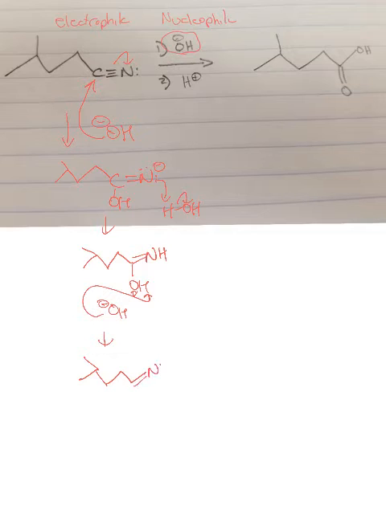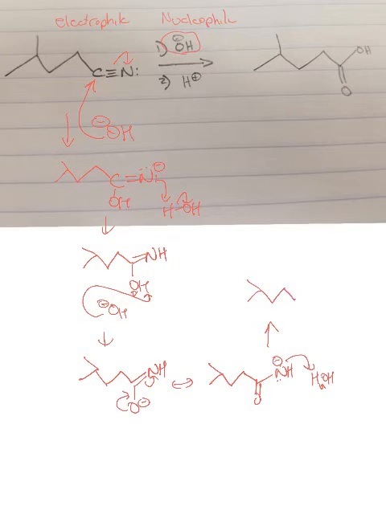to give you a single bond O minus with an NH. Draw a resonance structure, sending the electrons to the nitrogen, giving you the carbon-oxygen double bond and an NH with a negative charge on the nitrogen. That can go grab a hydrogen off of water to give you the amide,